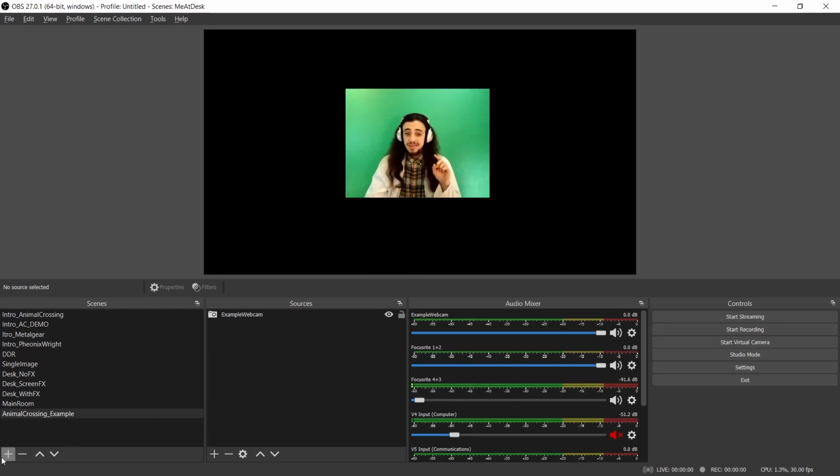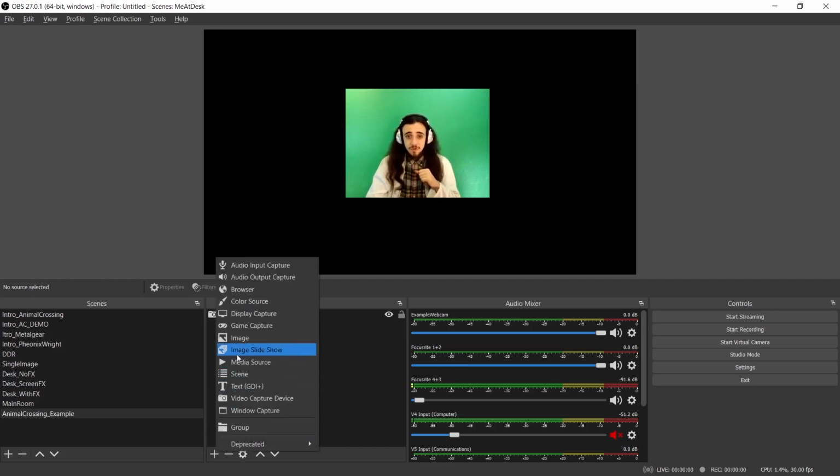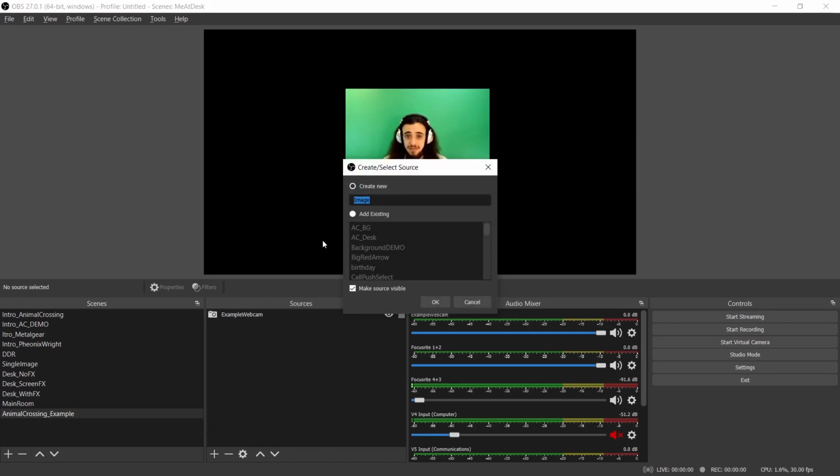You'll click the plus button not on scenes, but on sources, because we're already in the Animal Crossing scene, but we need a couple more sources, places to find material. One of the places it's getting material is my webcam. Another one is going to be the background from the internet. So I'll press the plus button, and I'm going to put an image. Now it'll ask me, what image would I like to put? And I'll put